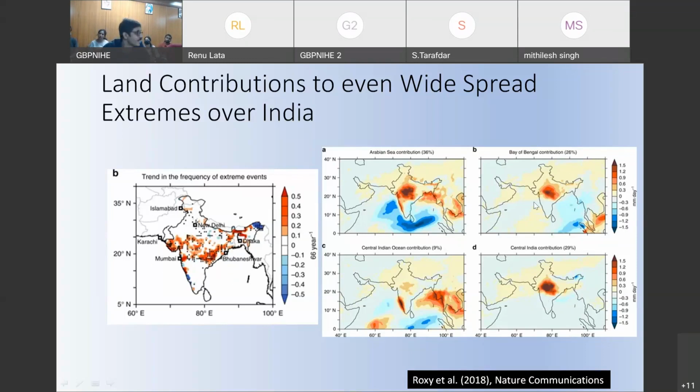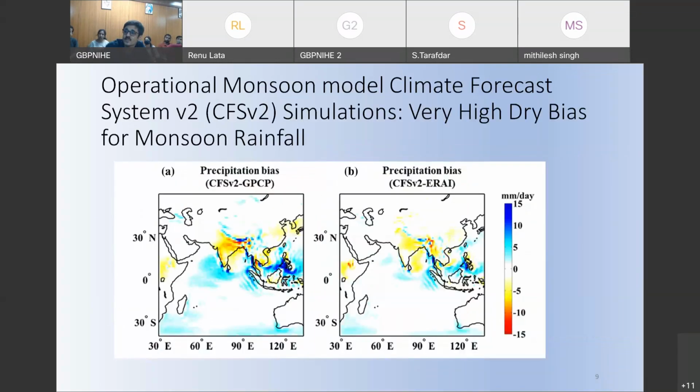land contributes more than even the Bay of Bengal. It's around 29%, around 30% of the extreme precipitation is contributed by land. So land is very important, not only for mean precipitation, but even for extreme precipitation. Now, when the analytical modeling says that land is very, very important,